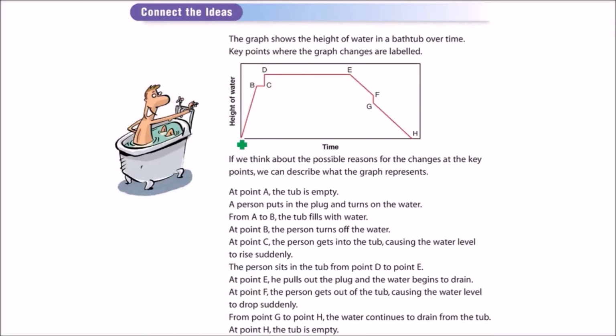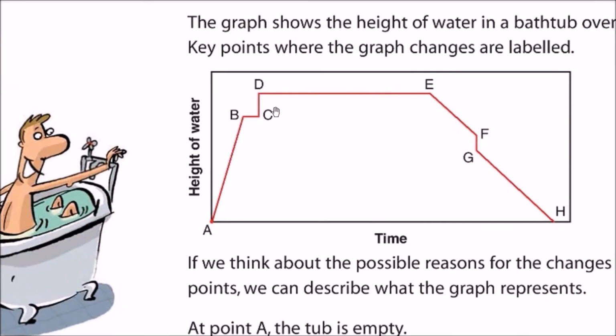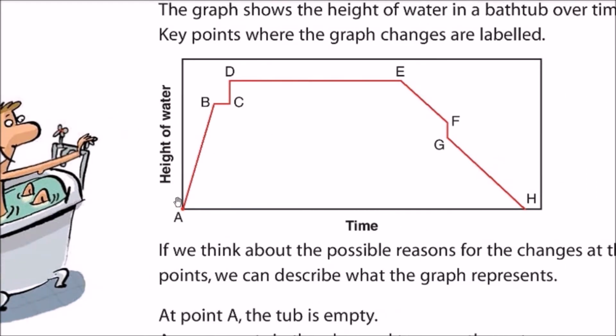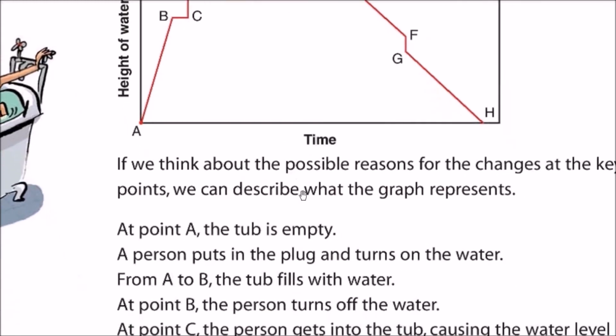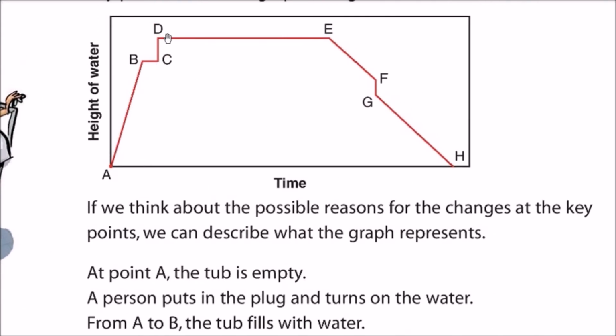So this graph is somewhat different. It shows the height of the water in a bathtub over time, and the key points are probably these points. This is just an idea, so we can label them like this. The height of the water is here, and time is here. If we think about the possible reasons for these abrupt changes at the points,